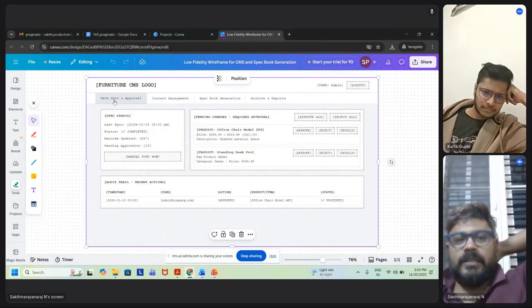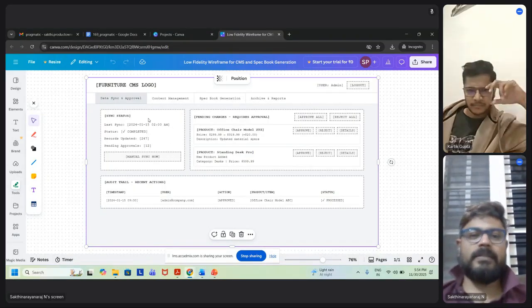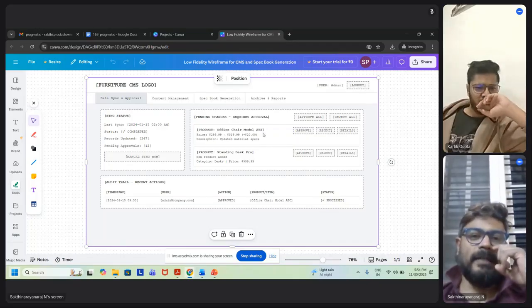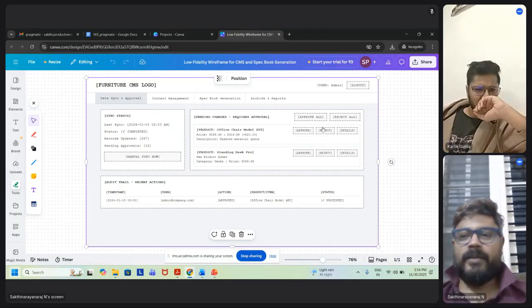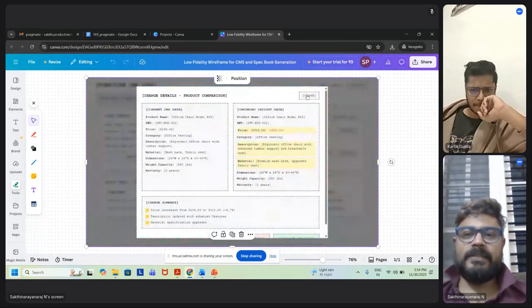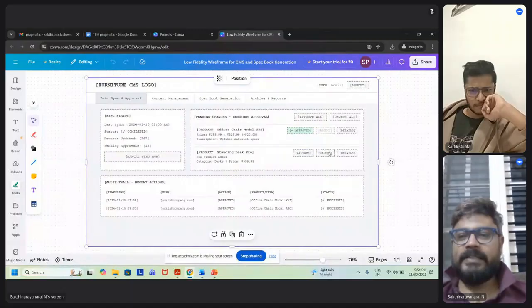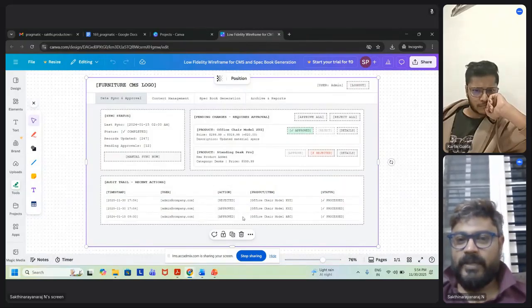This is a section in the screen, this is another section, and this is a button. Say approve. I can view the details, a pop-up opens, and then I can reject it. All this information gets displayed here.